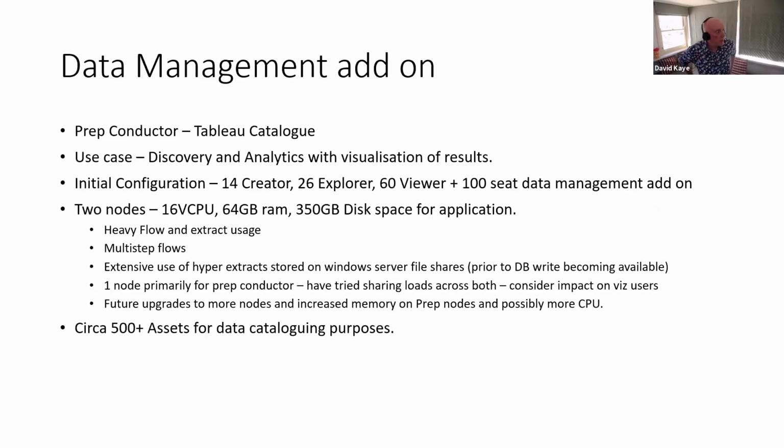Our initial configuration was 2 nodes, 16 vCPUs, 64 gig RAM each, and about 350 gig available to the application. It's fairly heavy on flow and extract usage, lots of multi-step flows that we're using. We've got extensive use of hyper extracts stored on Windows file servers, because before